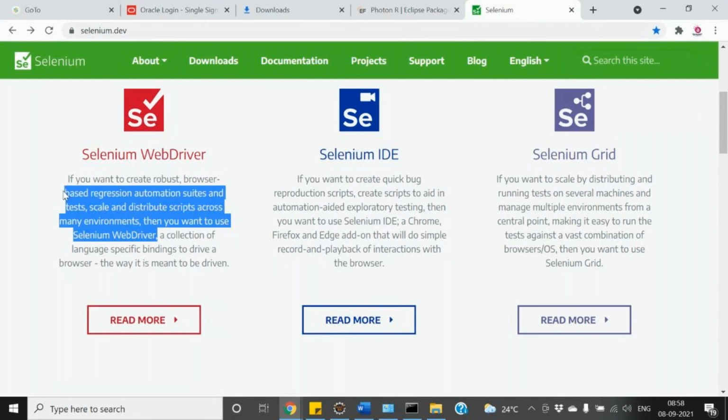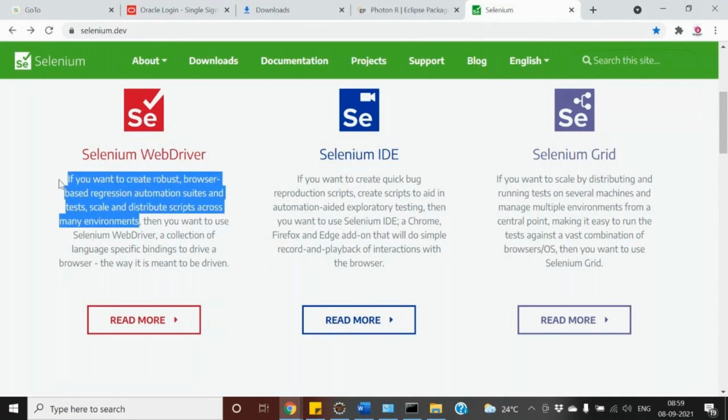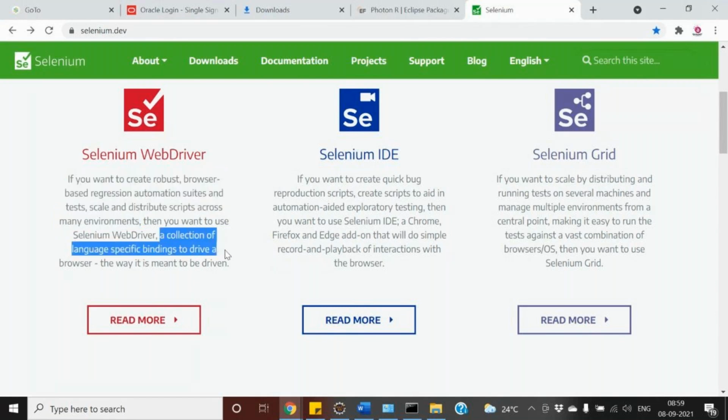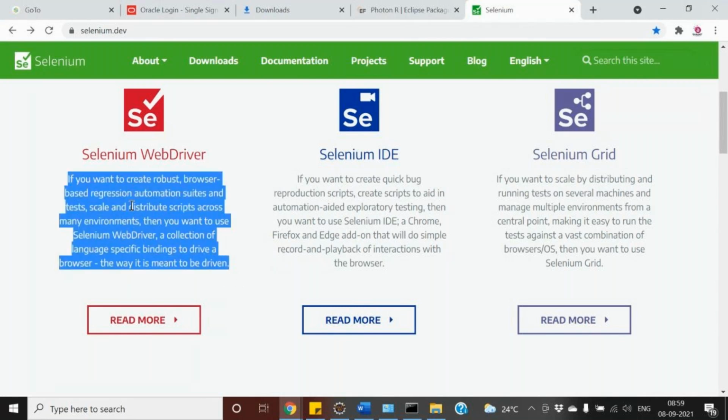It's directly given over here where we need to use it. It is a collection of language-specific bindings to drive a browser, the way the driver drives it.